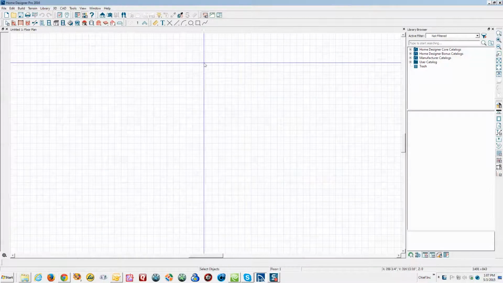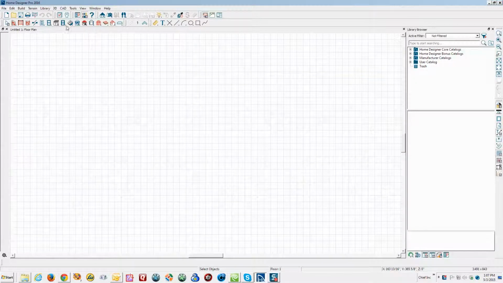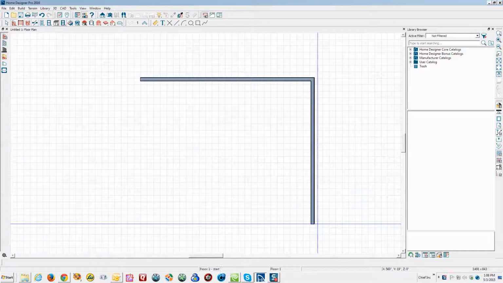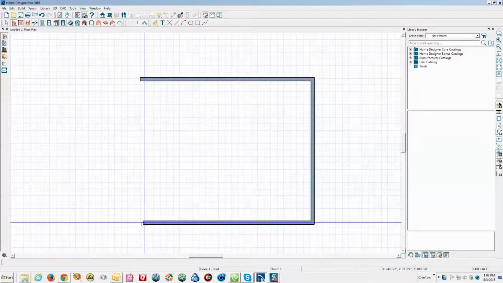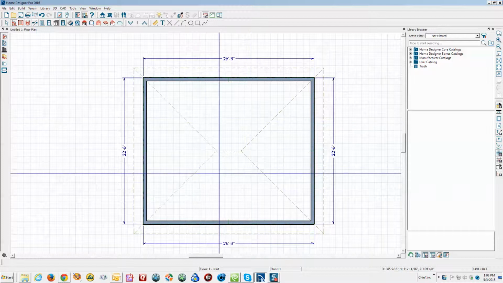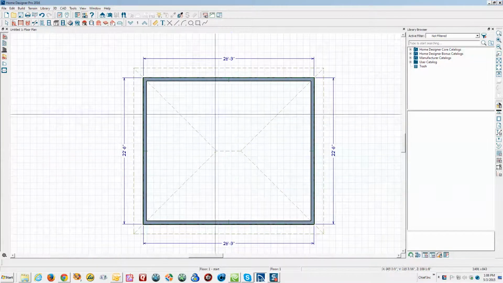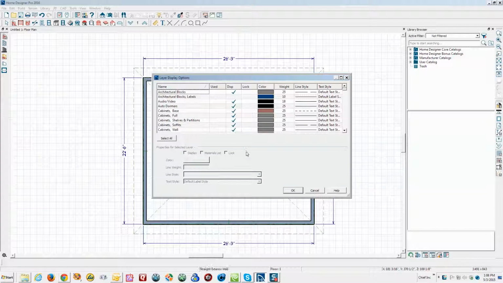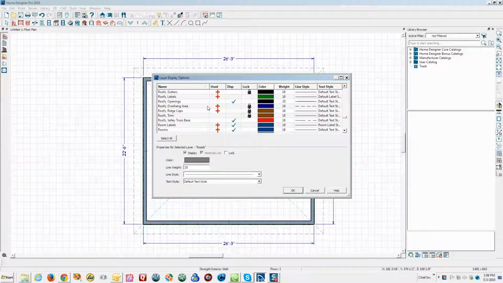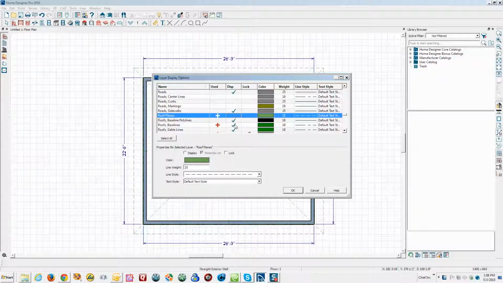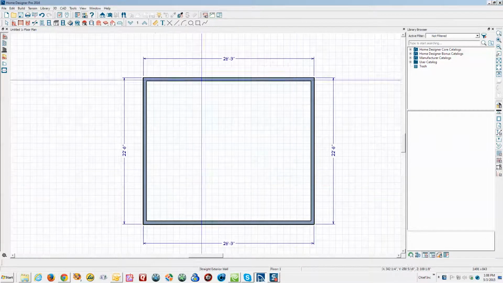Okay, this is Home Designer Pro 2016. We'll create a little environment. The tutorial isn't about wall types and that sort of thing. We'll just have a little space here with a roof over. I'm going to turn the roof off. Roof planes, there it is, and roof baselines, don't need those. Okay,